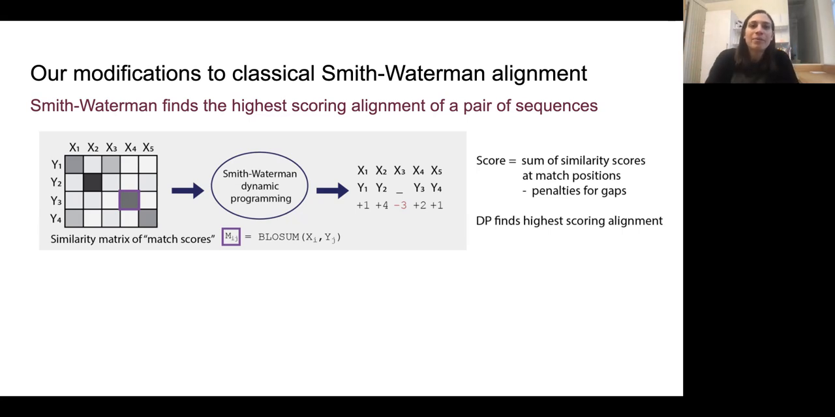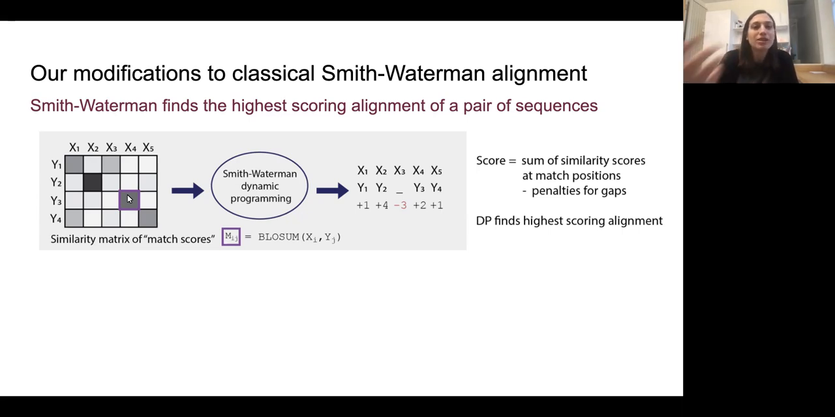Well, I'm going to modify the classic Smith-Waterman algorithm. So the Smith-Waterman algorithm finds the highest scoring alignment between a pair of two sequences. The input is two sequences, say x1 through x5 and y1 through y3, as well as a similarity matrix of match scores. So the value at the ijth entry here is